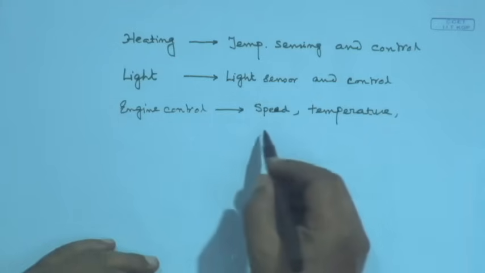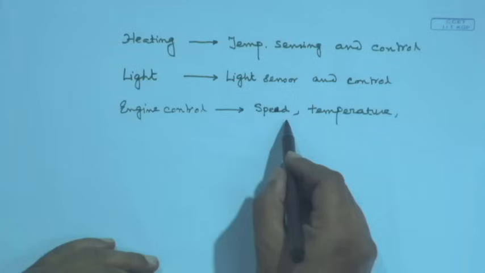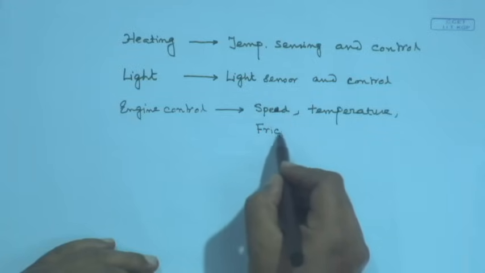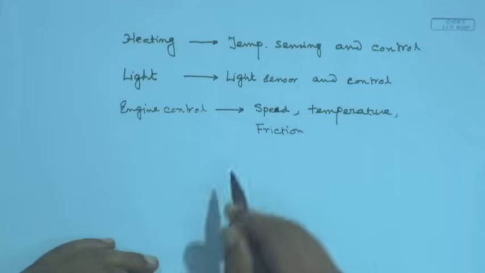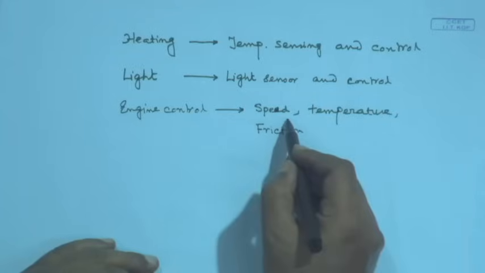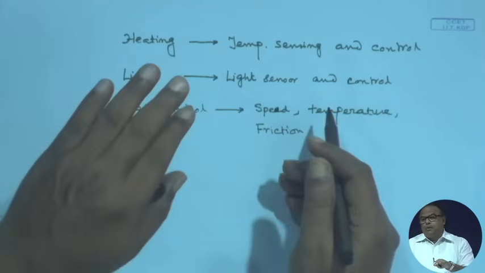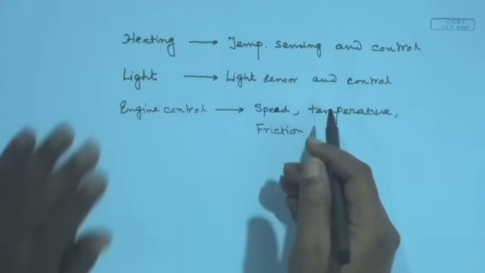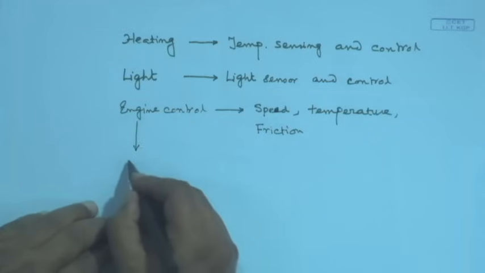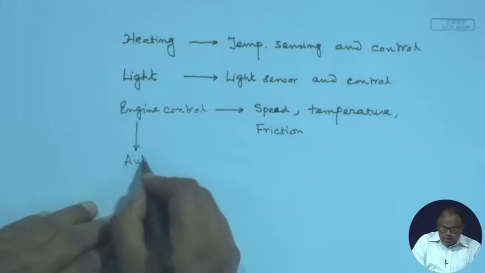It can be the gear. Now, when we sense the speed, we also often may need to sense the friction of the road, because we want to maintain the speed, and as the friction of the road changes, our applied force will have to vary, right. Nowadays, not only in engine, if I just extend it to automobile control,